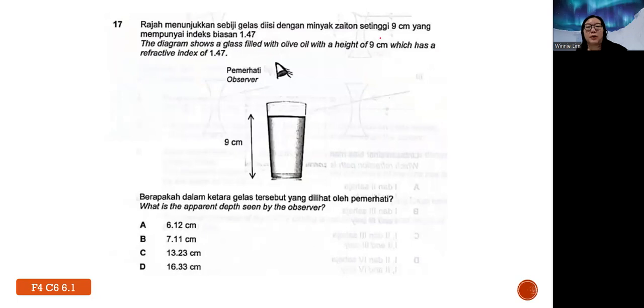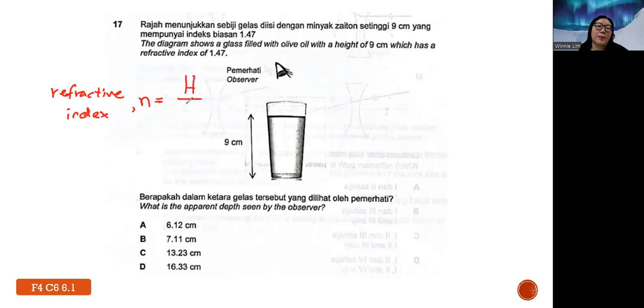Okay, so under the topic of refraction of light, you have the formula for refractive index. Refractive index, symbol is what? N. You have three basic formulas lah. You can have sin i over sin r. You can also have the speed of light in a vacuum over the speed of light in medium, and one more is